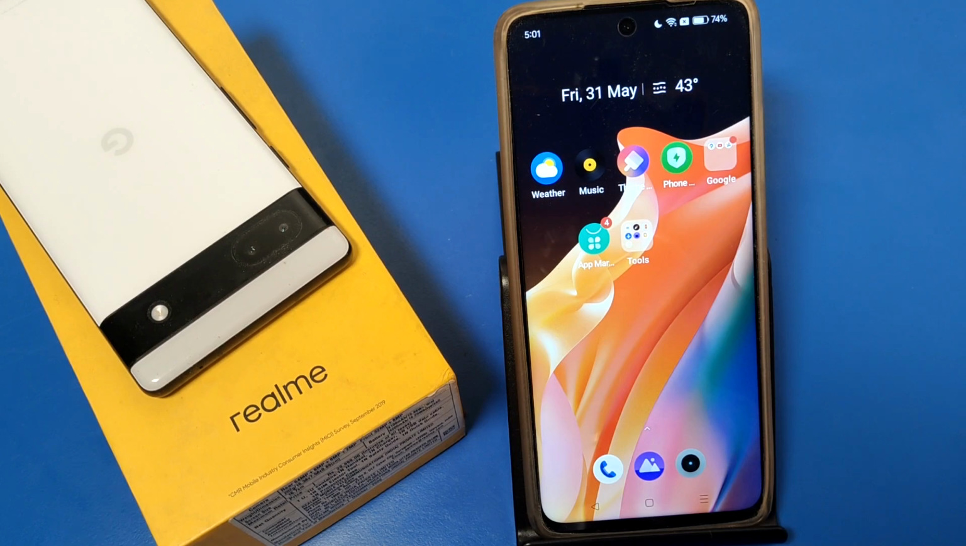In this video I'm going to show you how you can turn off the auto brightness feature or adaptive brightness feature in realme smartphones. If you open your smartphone and it automatically decreases your overall light or brightness, how you can